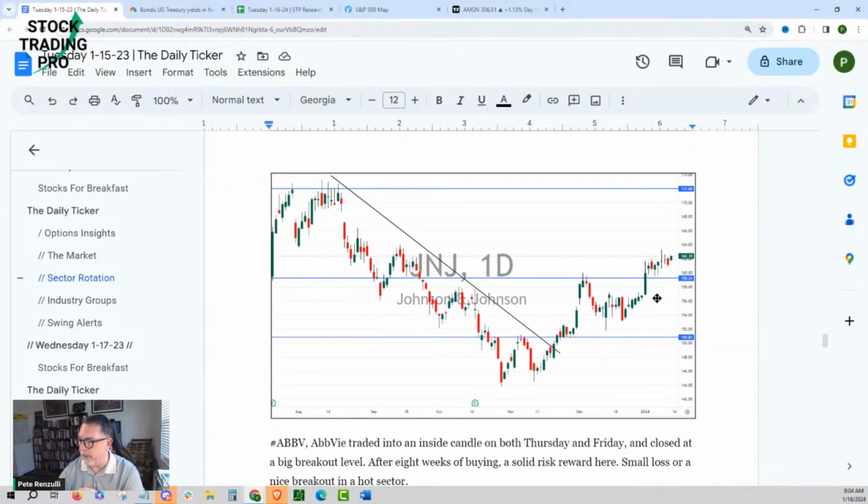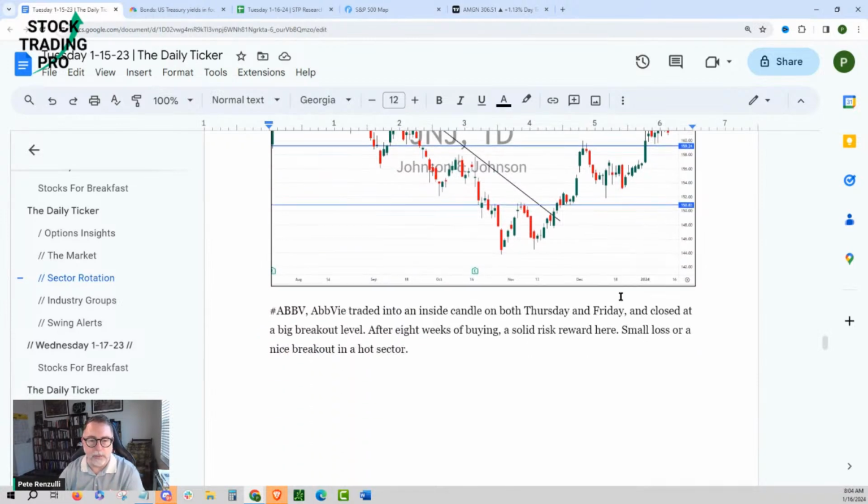All right, and that's the trade right there. So again, we had this big level here. We finally punched through there, and we're going sideways. So there's really nothing to do here. We have a pretty good percentage move going back to last year, and that remains in place. And you can see the profit potential that we're looking at.